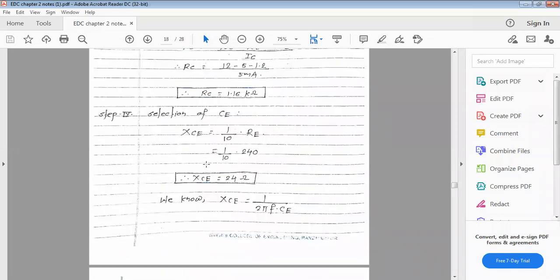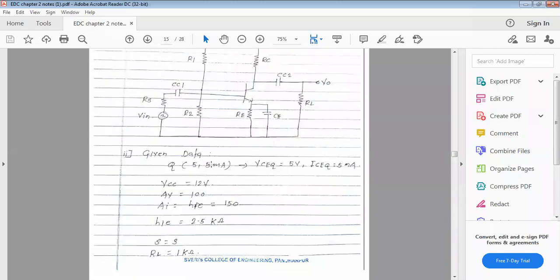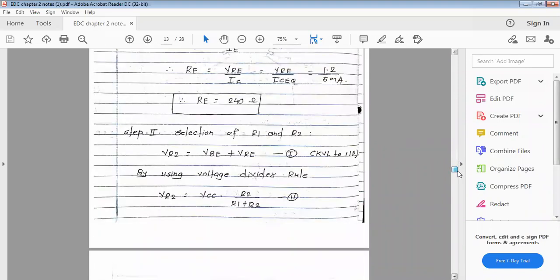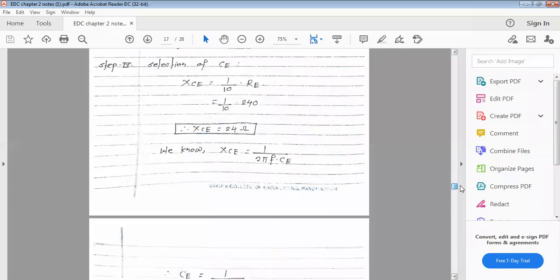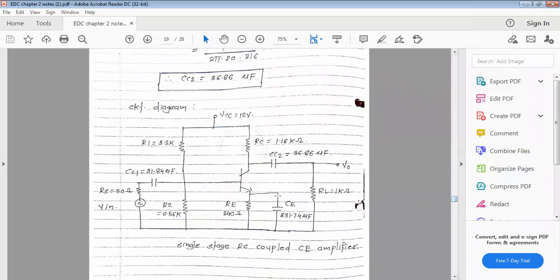So in this example, you have to draw this circuit first. That is a single stage common emitter amplifier. And in the design process, you have to find out the value of each and every component. Sometimes if they are not giving you the value, you have to assume some of the standard equations or relations, and according to those relations you can put the values or calculate the values. Is it okay?